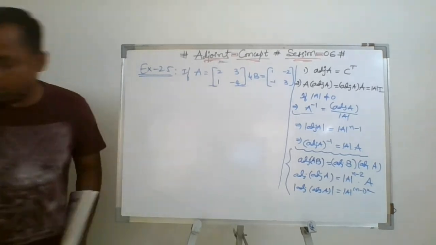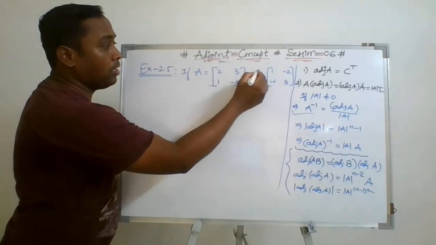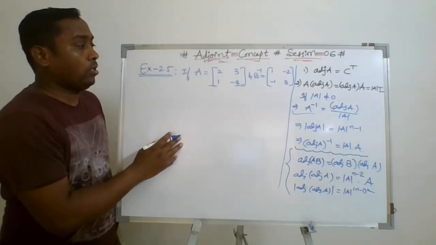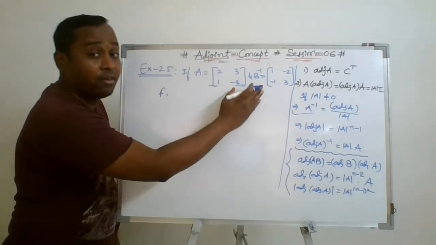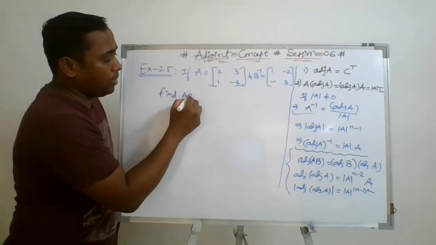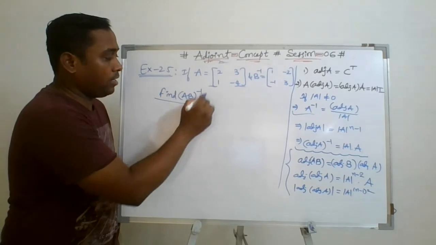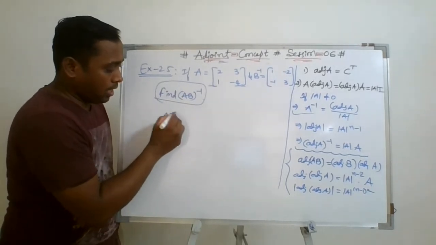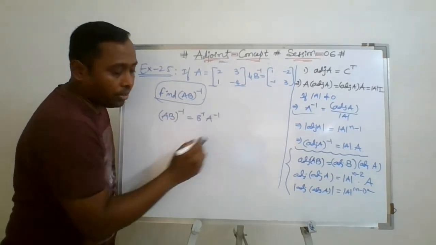So how the question is just reversed. Let us say, don't focus on the values here. Let us say B inverse is given. Now what we have to do? If A is given and the inverse of B is given, we need to find (AB) whole inverse. Now how to find (AB) whole inverse? Simply, again we know that (AB) whole inverse means B inverse into A inverse.